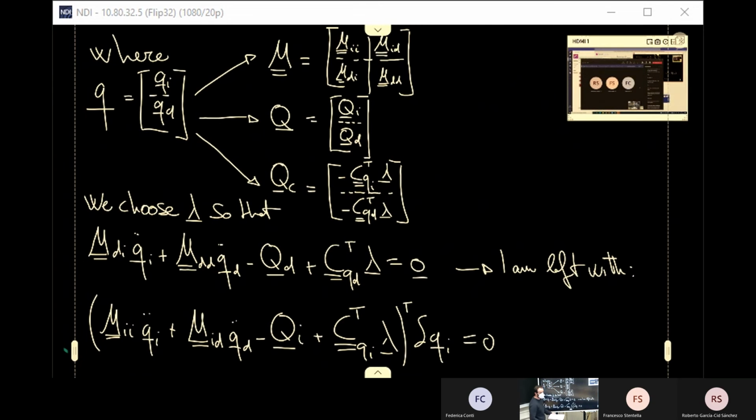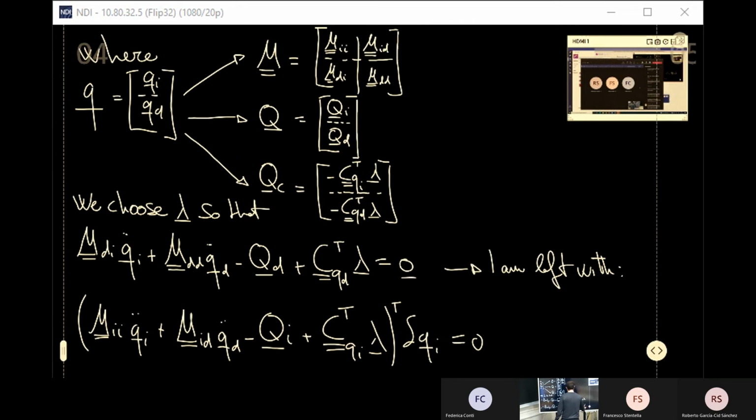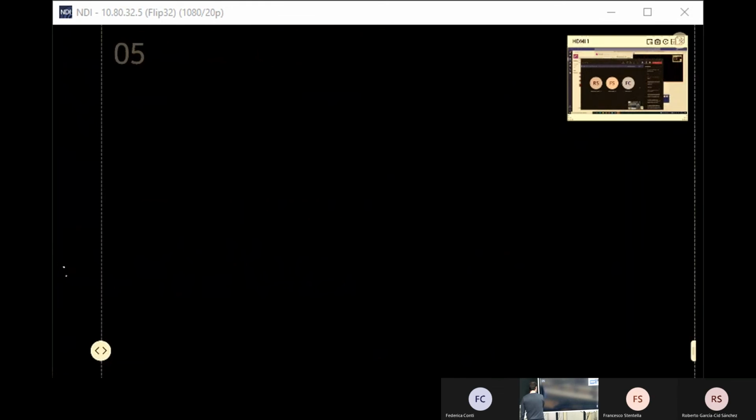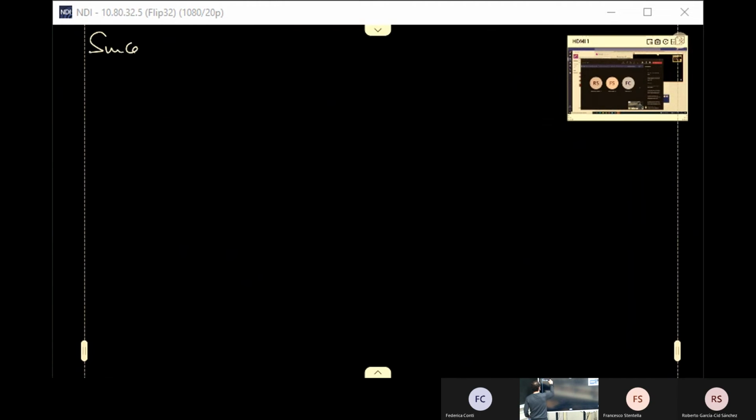So again, since the Qi are independent, I can basically put all of this equal to 0, okay? So again, the equivalence of this scalar equation equal to 0 can imply identically a vector equation. So again,